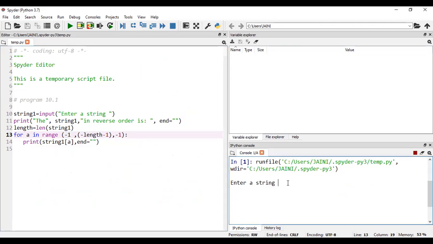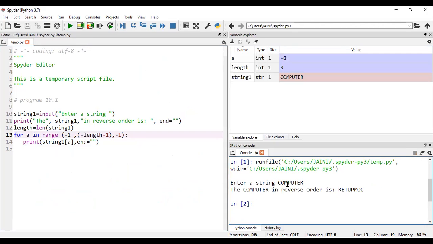Enter a string. Okay, now let's look at this variable explorer on the top. A is -8. Correct? I had shown you all this. And length is 8. A becomes -8 at the end. If you look at it while it is happening, it's going to be different. So